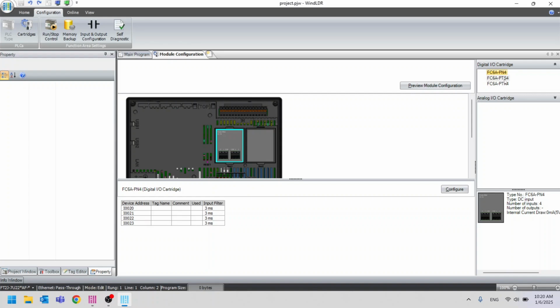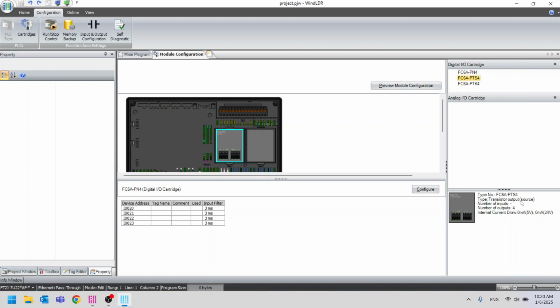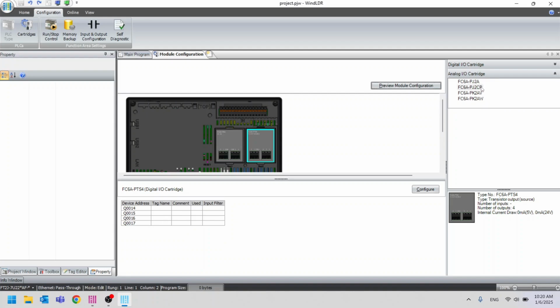Or the FC6APTS4, which is a transistor output card in source mode. If you want to add it, just drag and drop it, and you'll get 4 additional transistor source output points, from Q14 to Q17. For the analog I/O cartridges, like the FC6APJ2A, which is a 2-point analog input card,